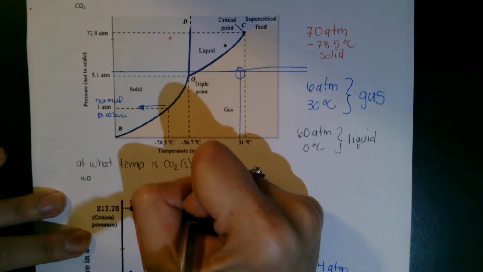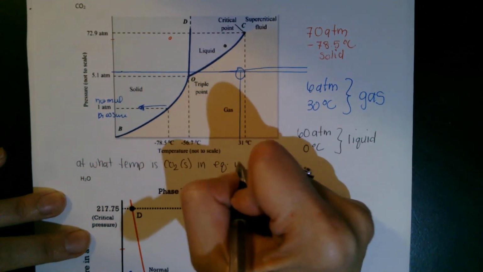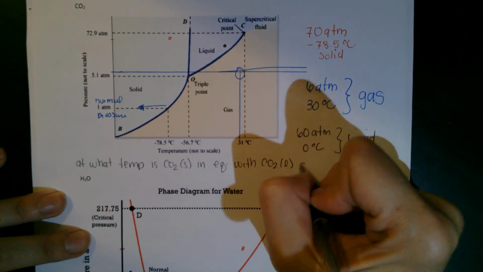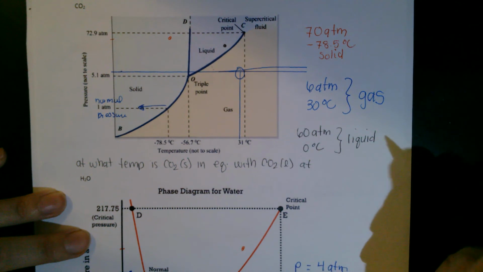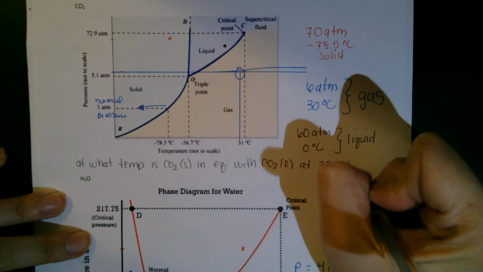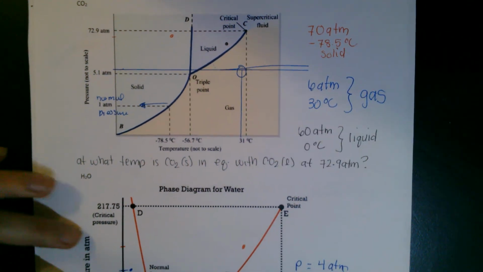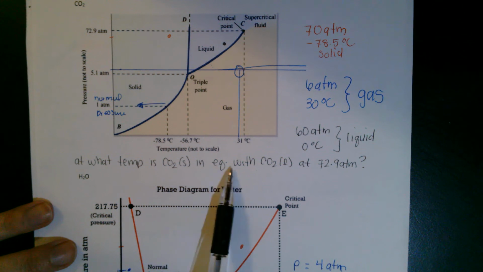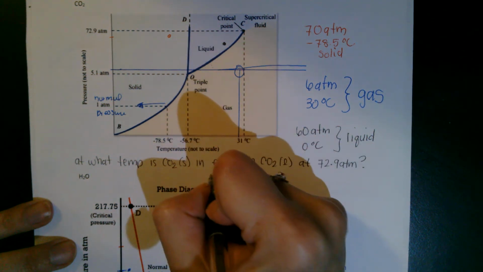Is CO2 solid in equilibrium with CO2 liquid at, we'll call it, 72.9 atmospheres. And so other questions you might get with a phase diagram is to know at what temperature you'd expect CO2 solid and liquid to be in equilibrium at a particular pressure. So again, what it means to be in equilibrium, so that's equilibrium,